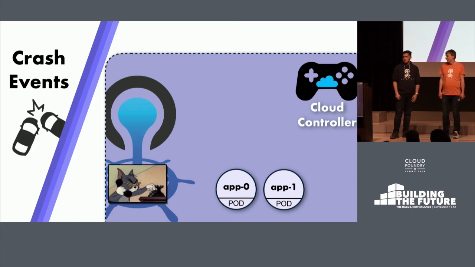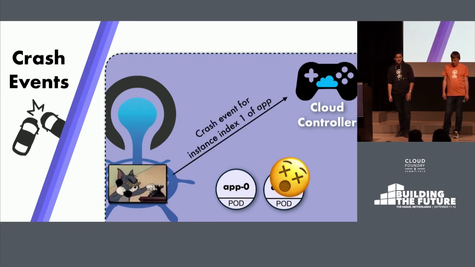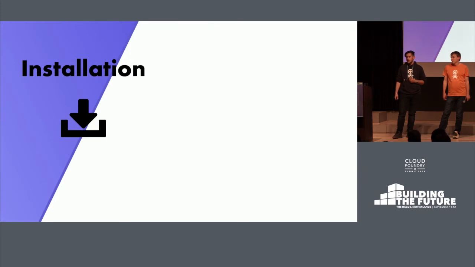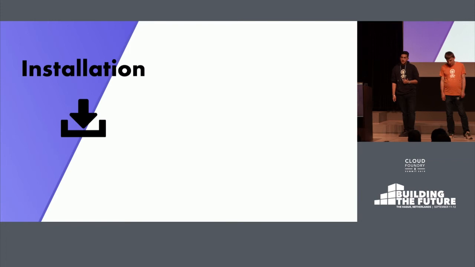app. Crash events work in a very similar way, but this time we have a separate Informer that just watches for crashes, and it tells, again, Eirini, and Eirini will send a crash event for this instance, this time to Cloud Controller. All right, so now that we know how Quarks and Eirini basically work, how do we install this